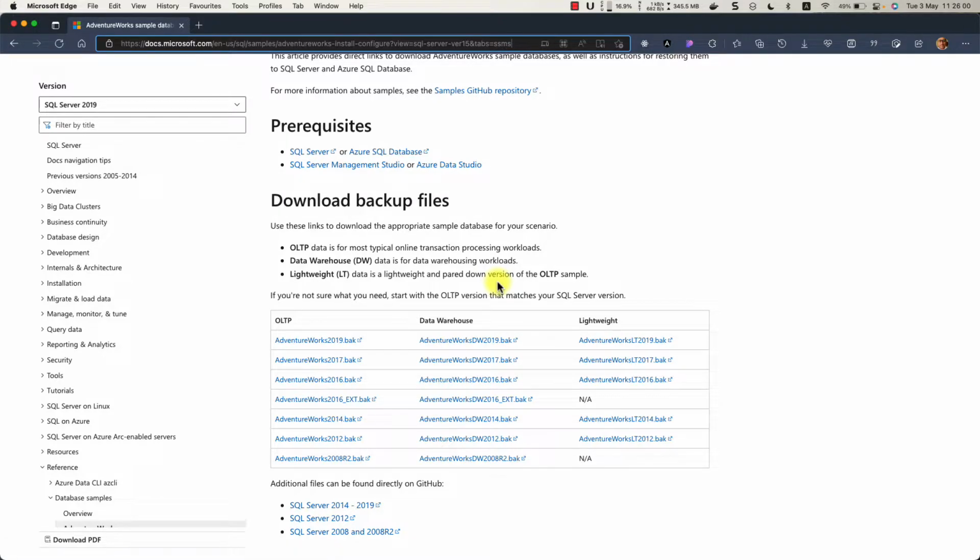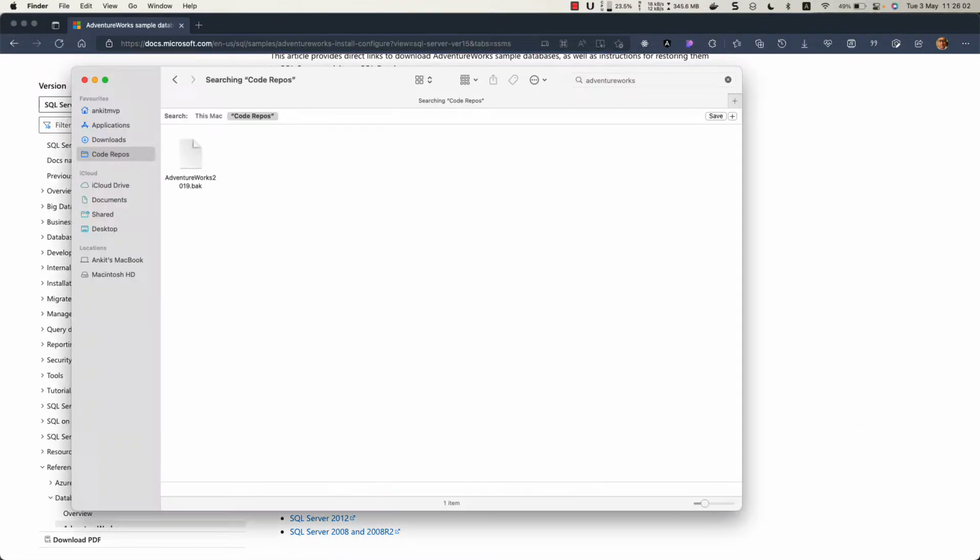Since the file is already downloaded, I'm going to show you that I have put it in the code repos folder on my system, and this is the backup file. If you see, this is the path for the file. Now what we will do is create a folder in the